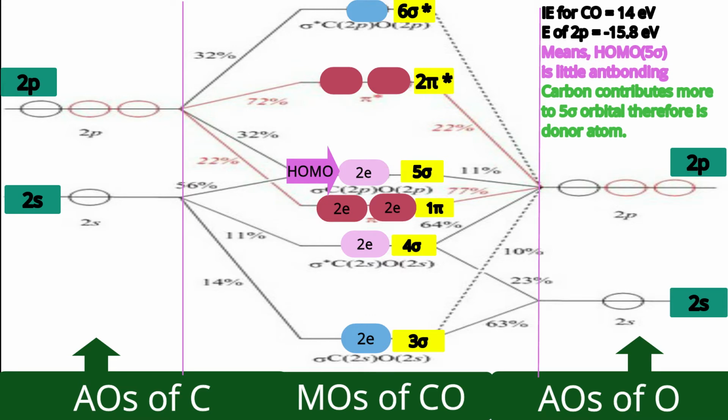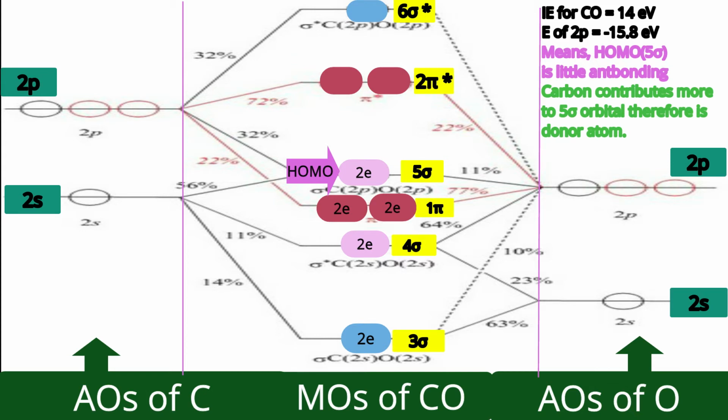In totality, within the molecule, the bonding character of 4 sigma and the anti-bonding character of 5 sigma get cancelled somewhat. So overall, those 4 sigma and 5 sigma orbitals do not contribute to bonding or anti-bonding, so we can say they are non-bonding. But in true sense, 4 sigma has a little extra bonding character and 5 sigma has a little extra anti-bonding character. Now let us speak about the practical observation and its explanation by this diagram.